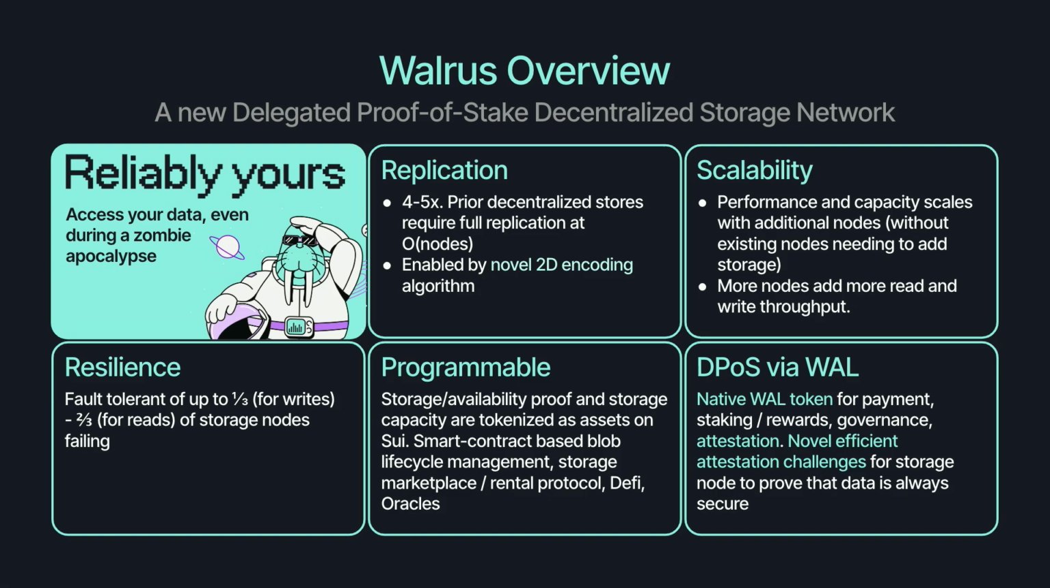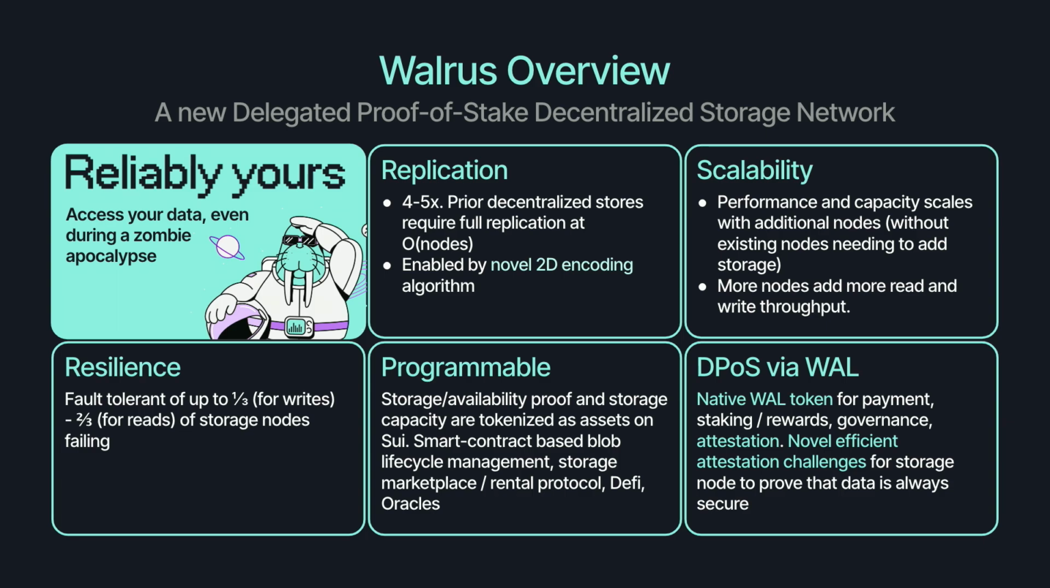It's actually very resilient. And because we use Sui as a coordination layer, that means that data is now a programmable asset on chain. So you can create a marketplace on Sui for this data or for certain pieces of data, for example. And you can use smart contracts to manage the life cycle of data,